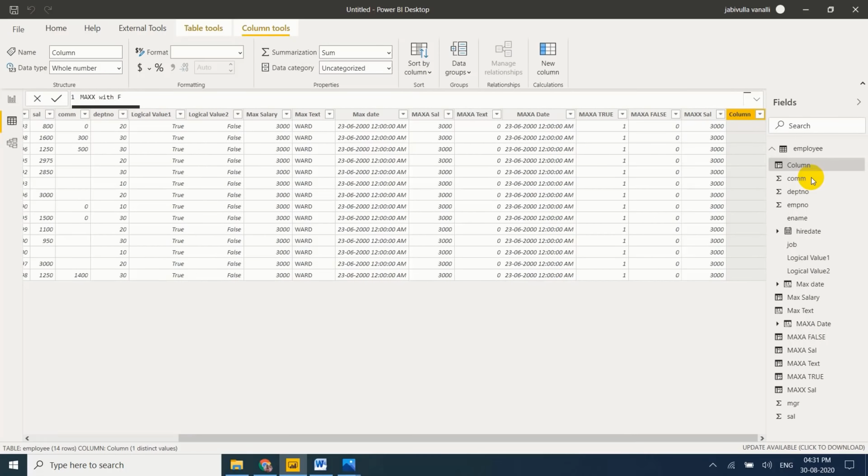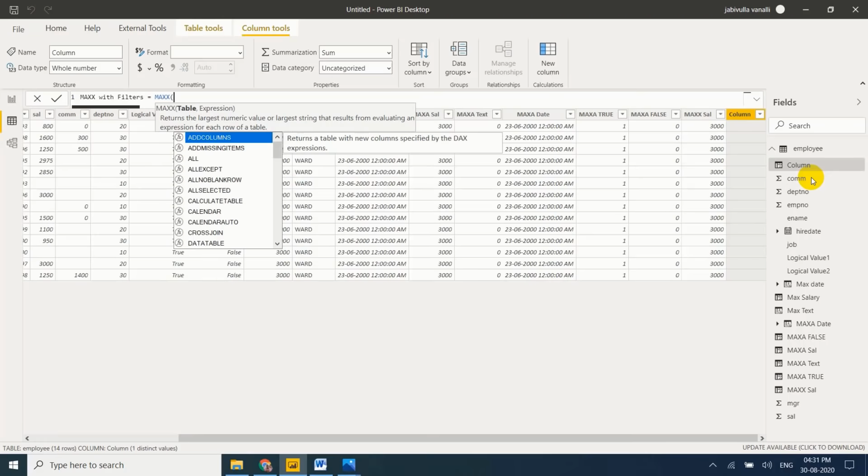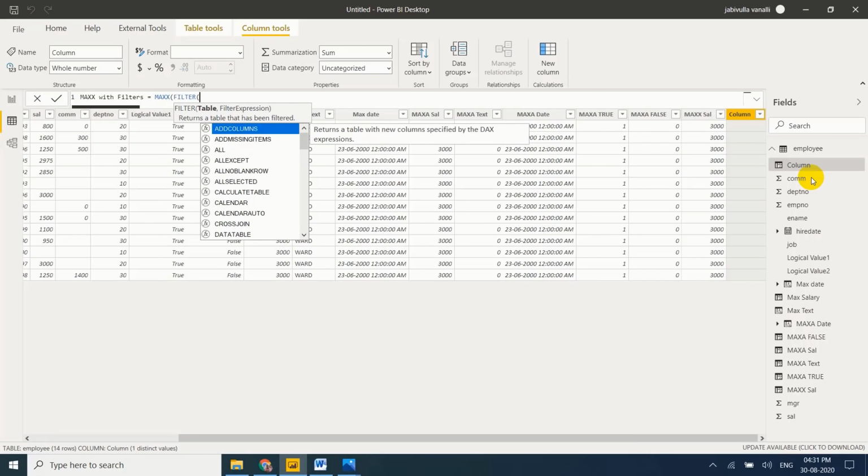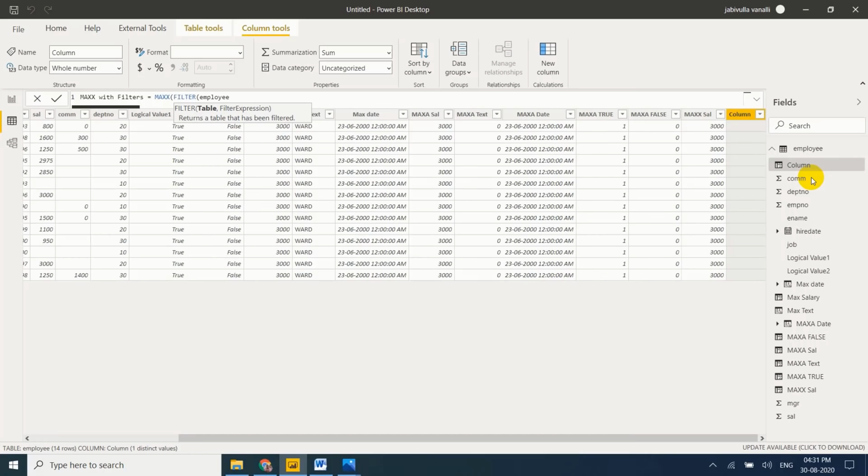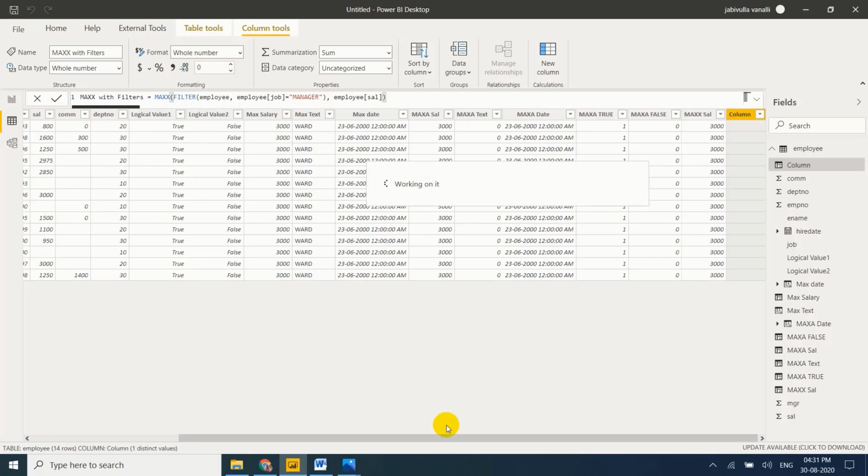MAXX with filters equal to MAXX, FILTER, table name is employee, comma, job equal to manager. And I want to return salary. I want the maximum salary whose job is manager.